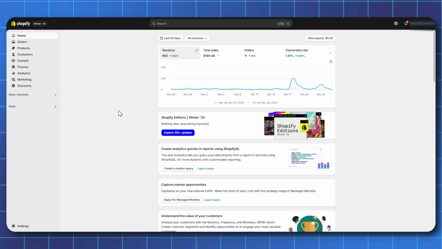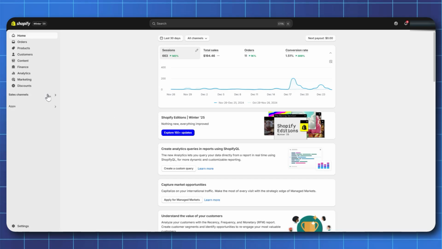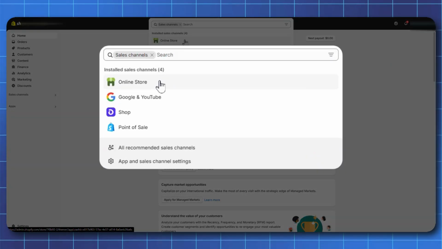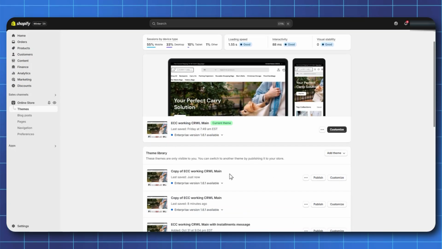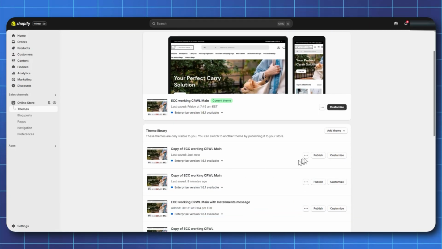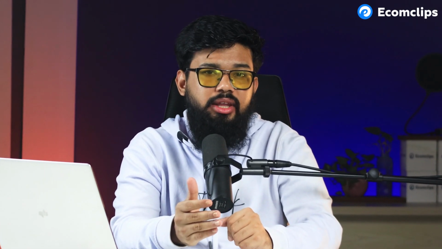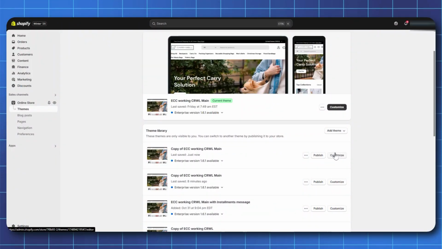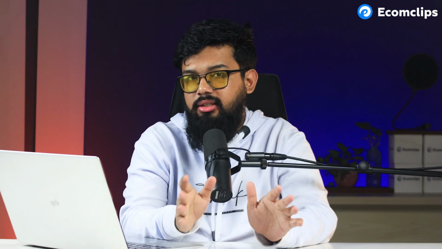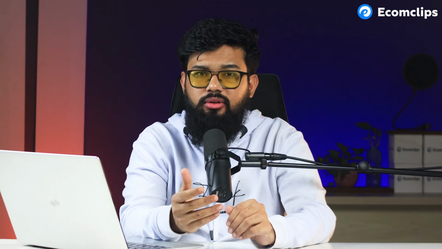So first things first, we can see the Shopify backend. Click on sales channel, then click on online stores. This will give us the option to check the themes. So when we are on the theme page, we'll select the theme that will be published for this occasion. So click on customize. So here is the theme, and in this theme, firstly I am checking if